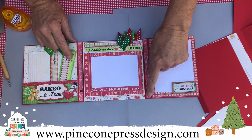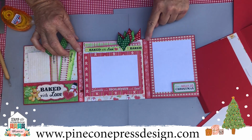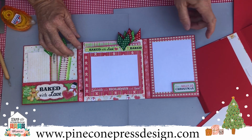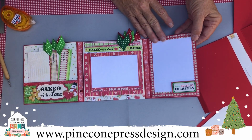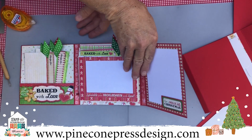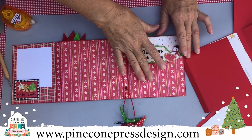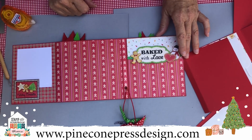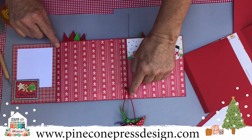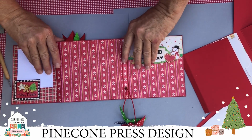You want to cut 2 strips that are 3/8 inches wide. Go ahead and lay that down on there. Cover this side of it with a piece of paper in your area. Now if you want to just flip this whole thing over, you can see how easy it is. And then we've put our pattern paper on the back side of that. Again, cutting our 3-inch strip. And we just kind of went along and cut out our little ginger guys, put those right down there in